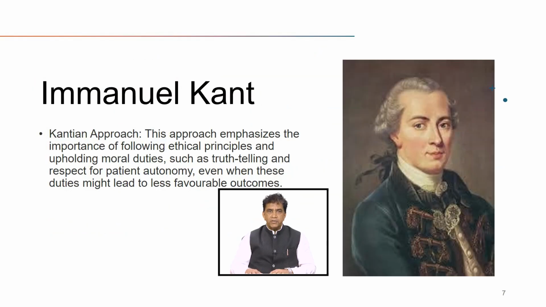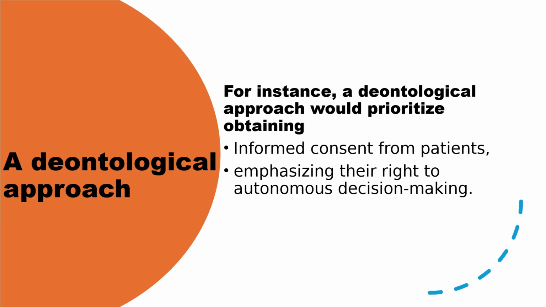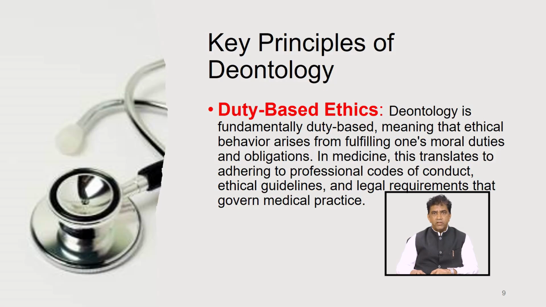Immanuel Kant, as in the picture you can see, had an approach which was called the Kantian approach, which emphasizes the importance of following ethical principles and upholding moral duties, such as truth telling and respect for patient autonomy, even when these duties might lead to less favorable outcomes. For instance, a deontological approach would prioritize obtaining, number one, the informed consent from all the patients and emphasizing their right to autonomous decision making. Some of the key principles: